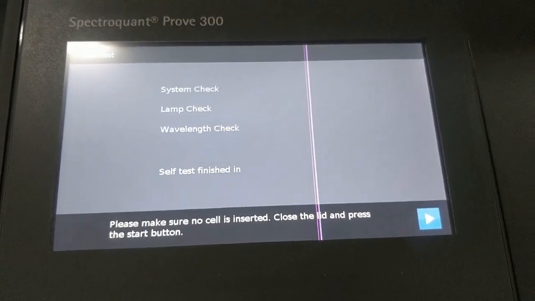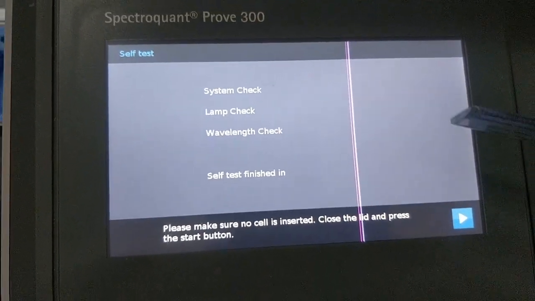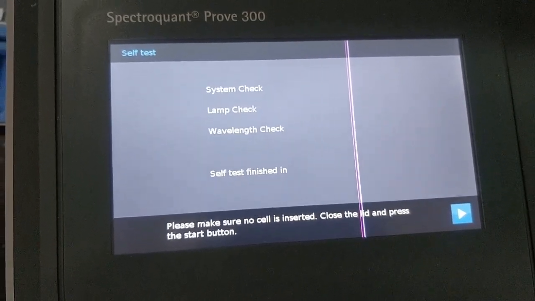Then after the booting process, there is a self-test of the instrument, which checks memory, lamp, wavelength and system.